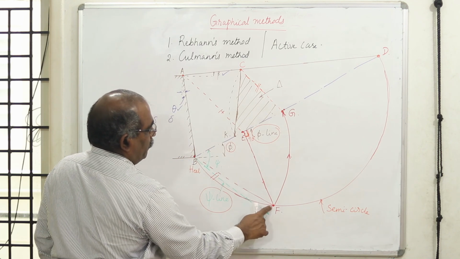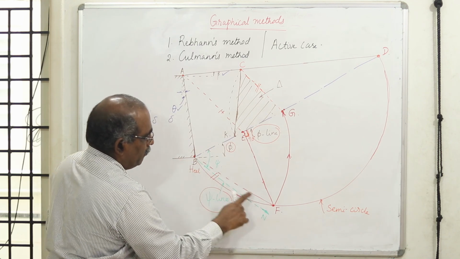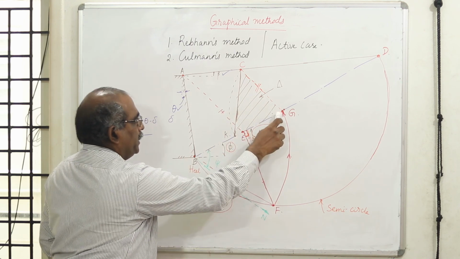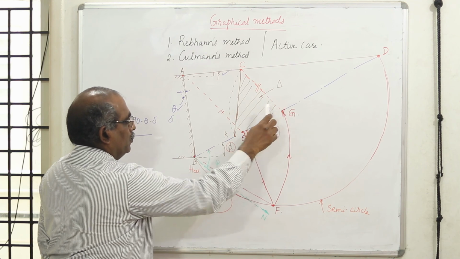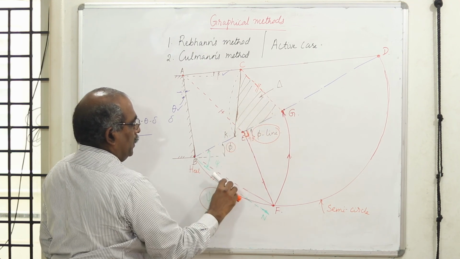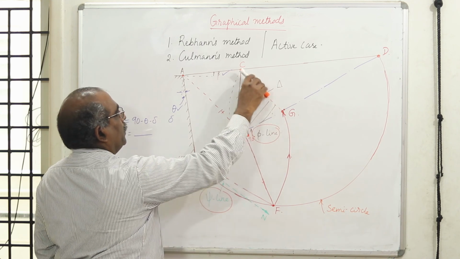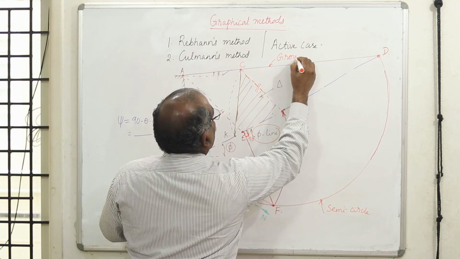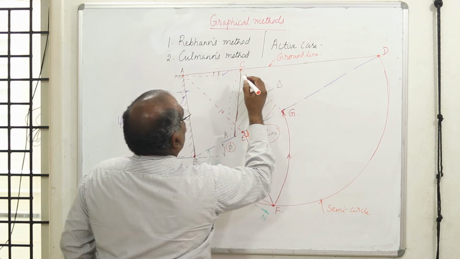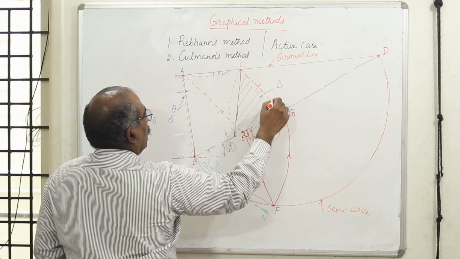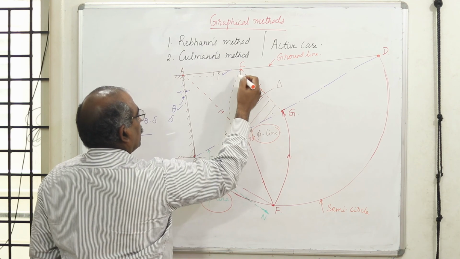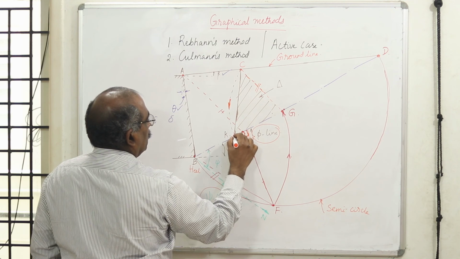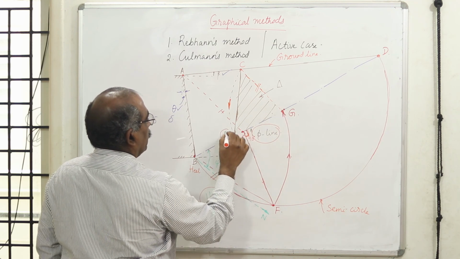Now, once you get this point F, with B as center and BF as radius, draw an arc to cut the phi line at point G. From G, I am going to draw another line parallel to the psi line, which is BN. This will be extended so that it cuts the ground line. At this point, with G as center and GC as radius, I am going to draw an arc. It is going to cut the phi line at point K.